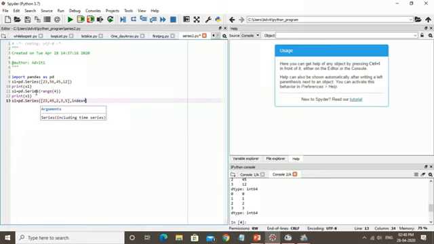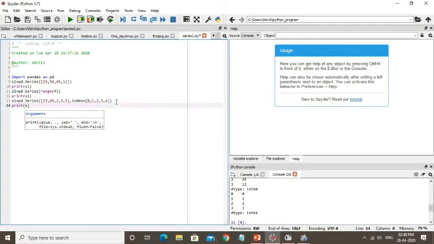If I want to define the index values, I can use the index in the form of integer, or string, or character. Let's say I am showing 0, 1, 2, 3, 4, and then print s1. Now run this program.